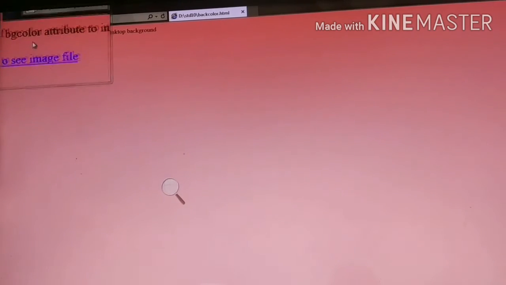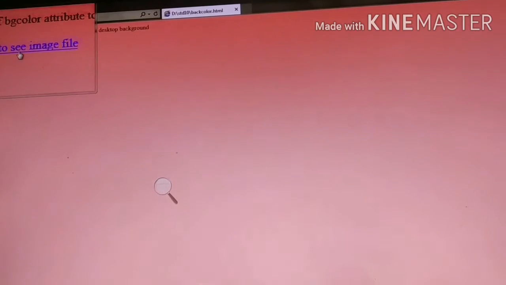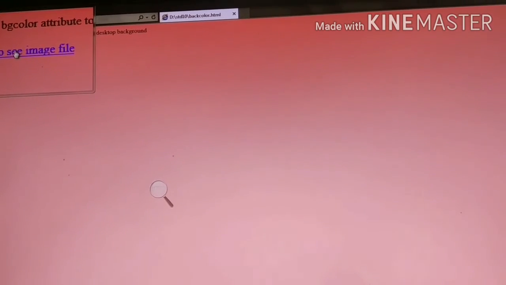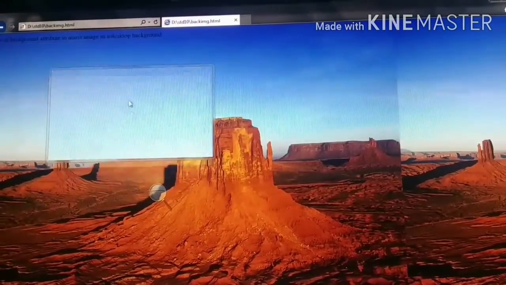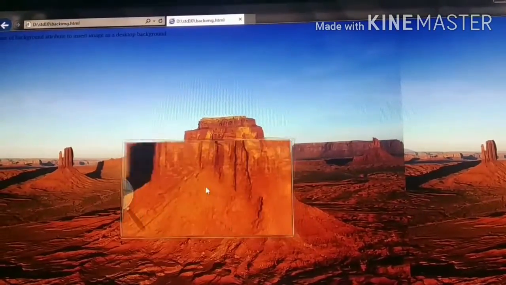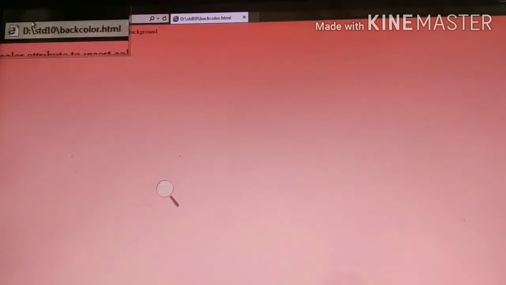Now you just see this link is currently active. That is why this link is visible with the blue color. Now just one time click on this one. Now we are in our background image file. Now click on back and click anywhere. So now you just see this link is already visited by us. That is why now the color changed from blue to purple.